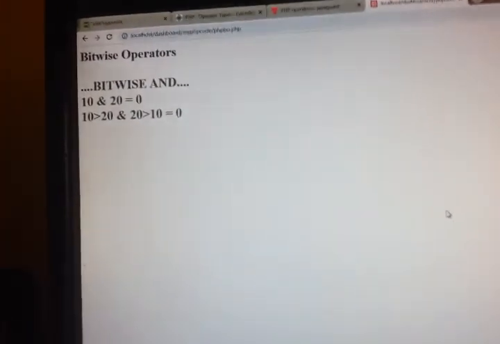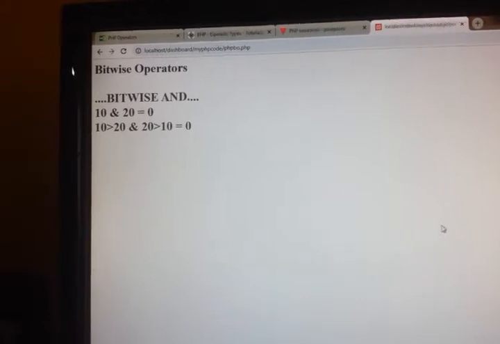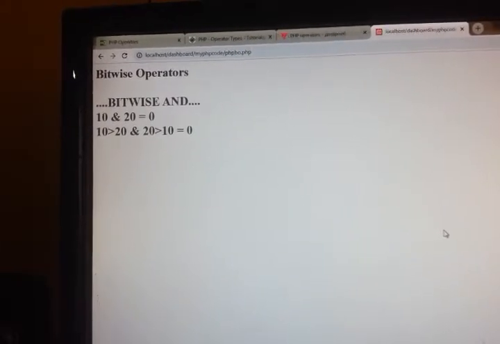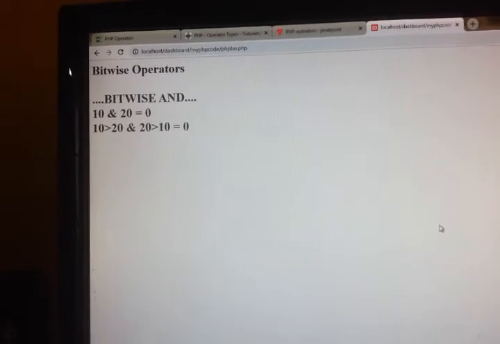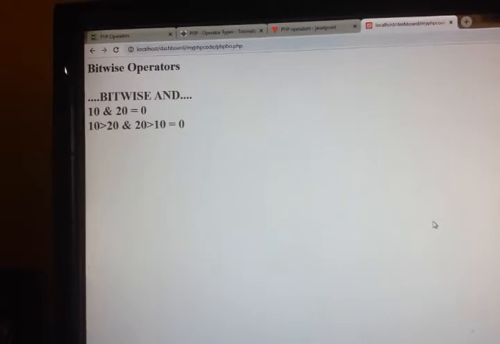Let's run the code. See, we got the same answer which we got above. 10 greater than 20 is false and 20 greater than 10 is true. So false and true.